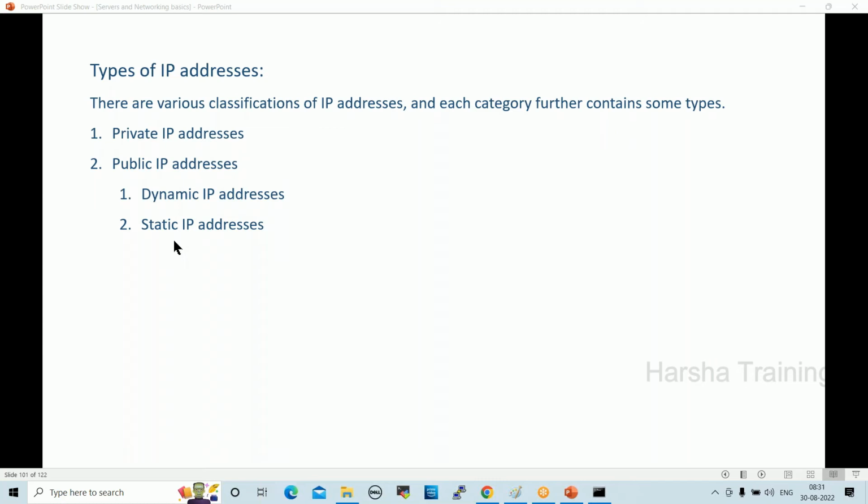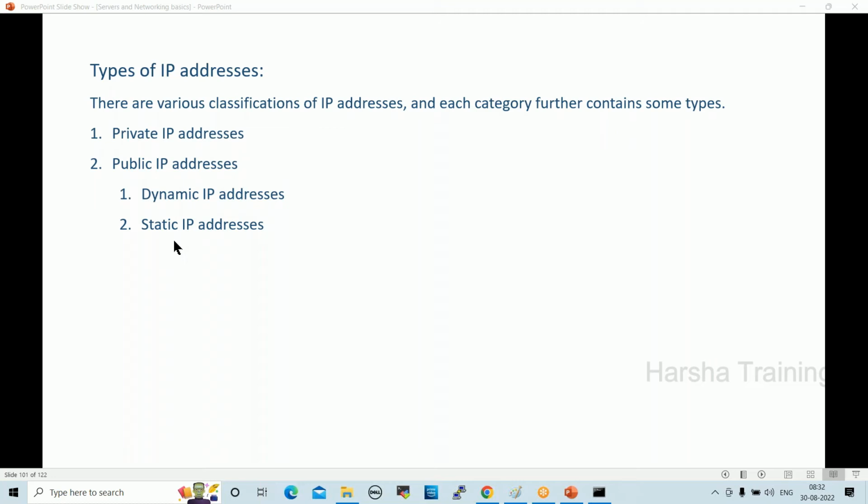In public IP addresses, we have two types of IPs, which are dynamic IP and static IP. Dynamically change the IP, and static IP is permanent IP, right? So along with these IPs, one more IP will be there in cloud. One more IP, which is elastic IP, that we will discuss later while working on AWS. Elastic IP addresses are very, very important, right?